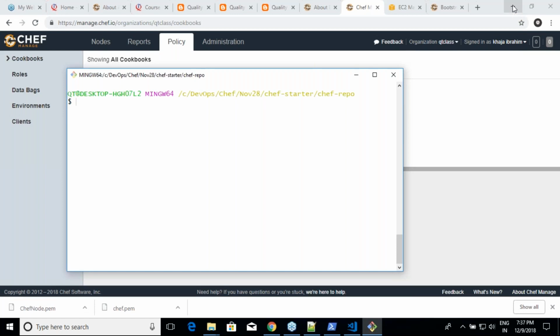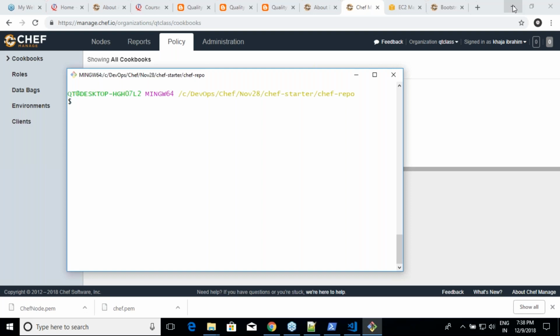Fine. Okay. Now let me speak about something called Supermarket. What is it? So why do we go to a supermarket generally? To buy something which is existing rather than making it at home. Yes. So there are many cookbooks which are written by someone else, right? Whenever you want to do classic actions, why do you want to go through the headache of doing all of the stuff on your own? Better take it from someone else. That's the whole idea of this Supermarket, right?